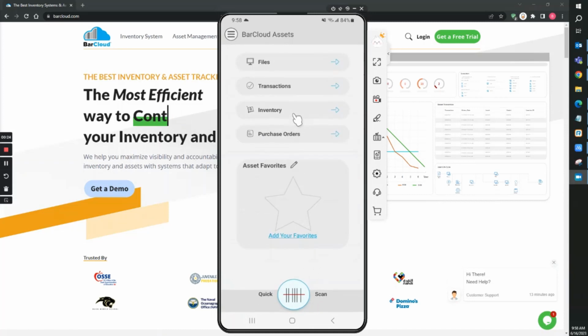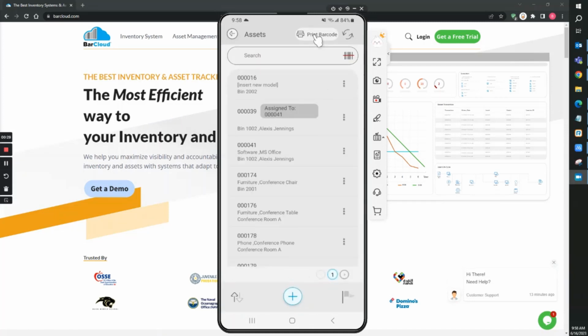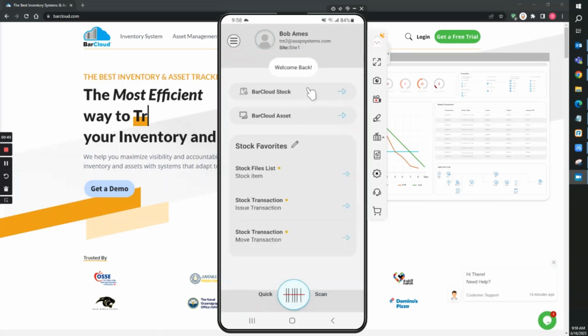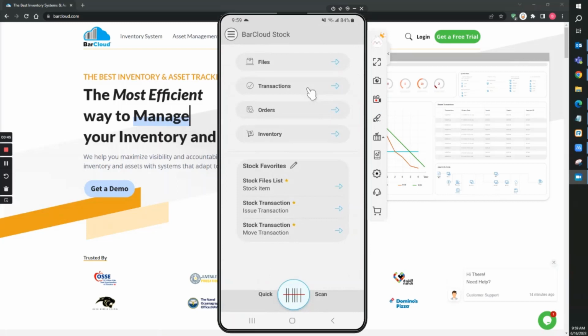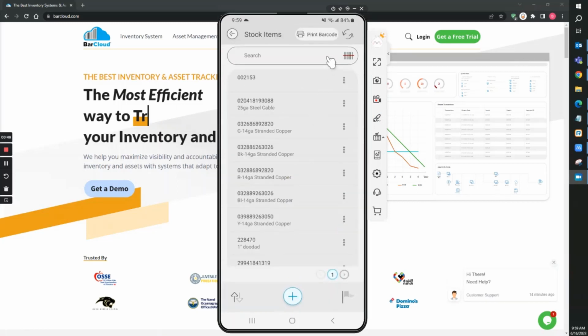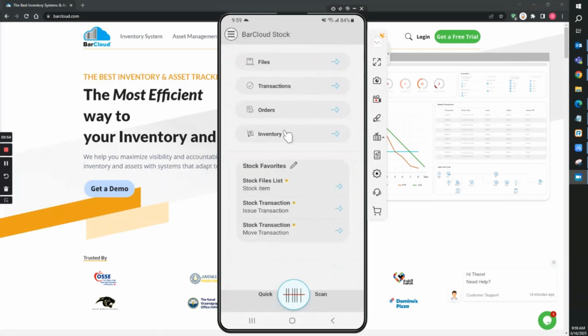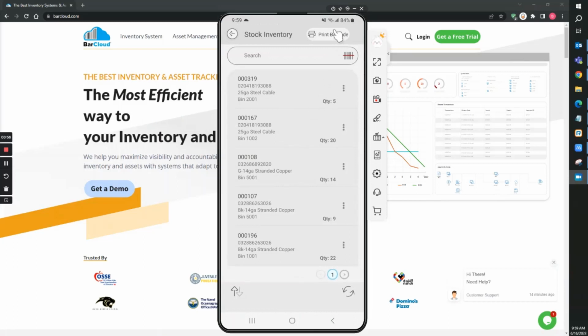Here in the asset side of the system, users are able to pop directly into the inventory and access the print barcodes right up top. On the stock side of the system, users are able to access it both from the stock item list itself, right up here at the top,